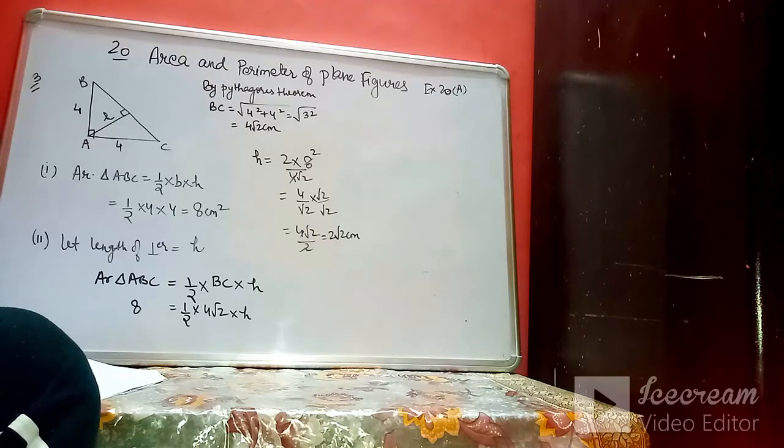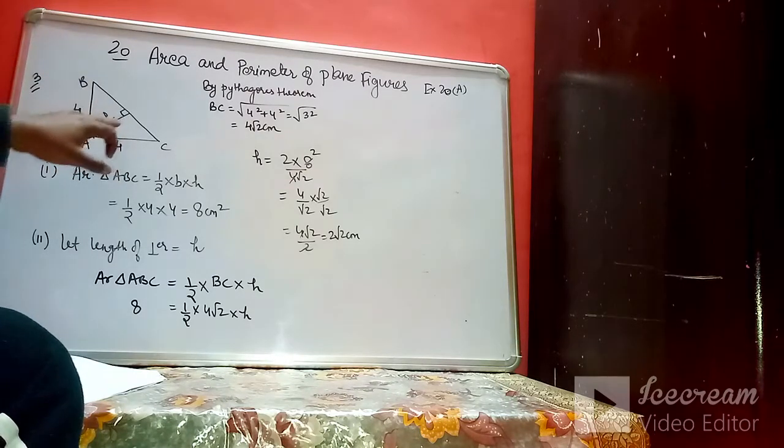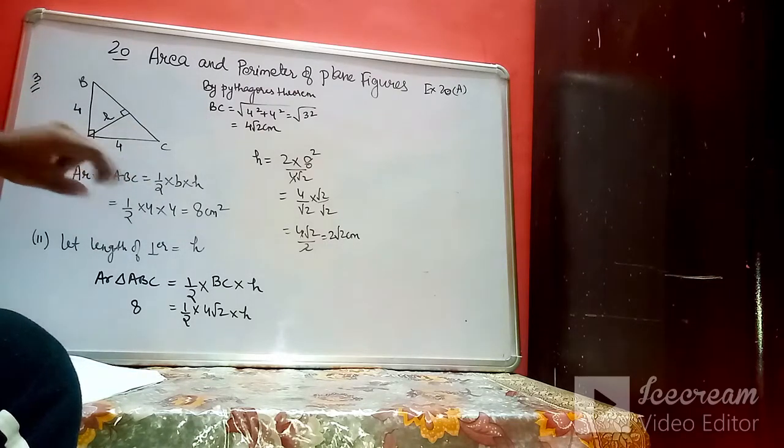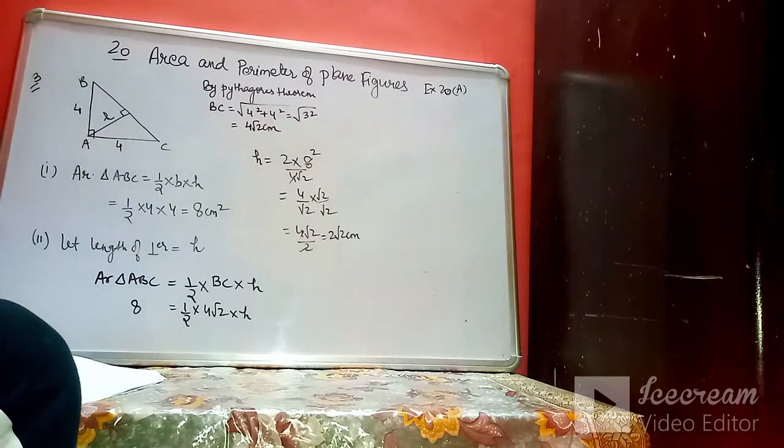Okay, and you can leave your answer in this root 2 itself. So this is the length of perpendicular from A to BC. So three concepts we have used. First we have calculated the area of the triangle by half base into height. Then we have calculated the area of the triangle again. Here we have taken half, this we have taken as base and height. Then we have calculated BC by using the Pythagoras theorem. Then we have calculated the height.